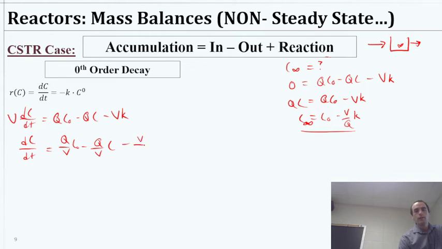Even here, I'm going to say just V over V times K. And from here, we can maybe recognize that in order to get V over Q on the K, we need to extract, we can divide all these terms by something, by factoring something out, right? So we can say dC/dt is going to be equal to something in order to get a V over Q here. So if we extract out a,